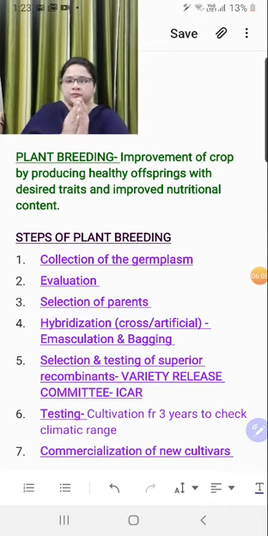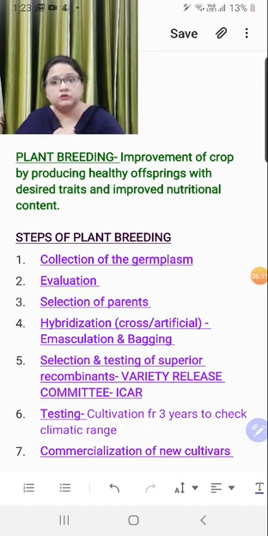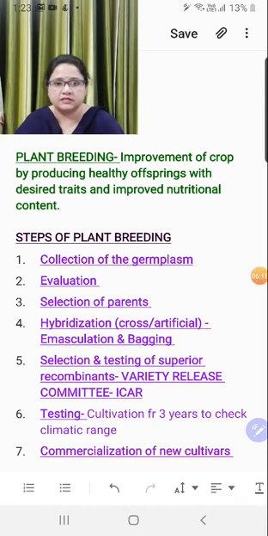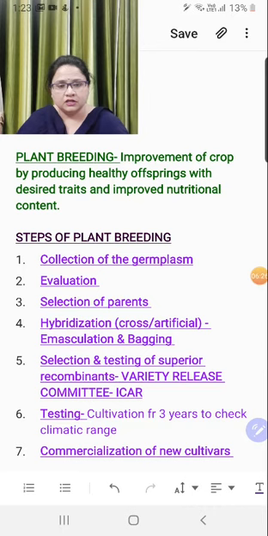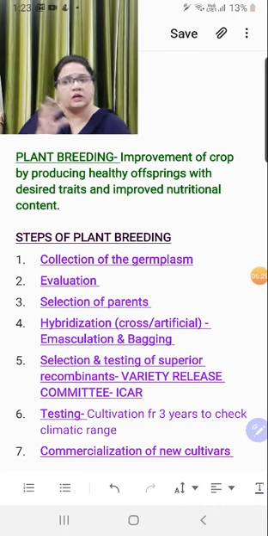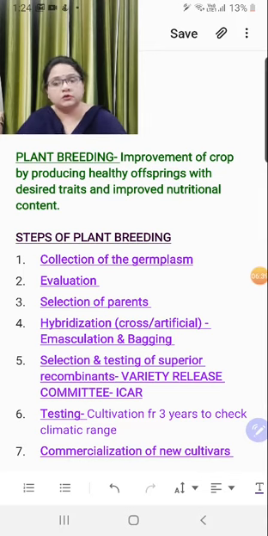It's just like, suppose you have taken the characters of small fruit size and larger fruit size. You have made a cross because you want all the fruits to be of larger size. In the first filial generation, after the first cross, whatever offspring there are might be heterozygous. Some individuals would have large fruit, some small fruit. In that case, you have to exempt the smaller ones and reselect the larger ones to continue the process of mating, so that you allow the cultivation for 2 to 3 generations, right?